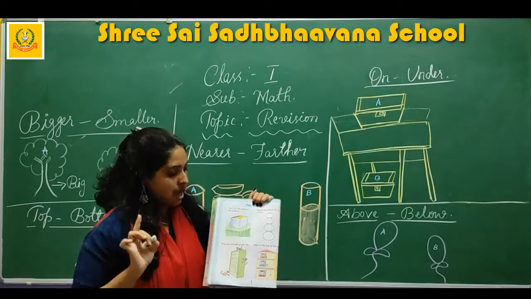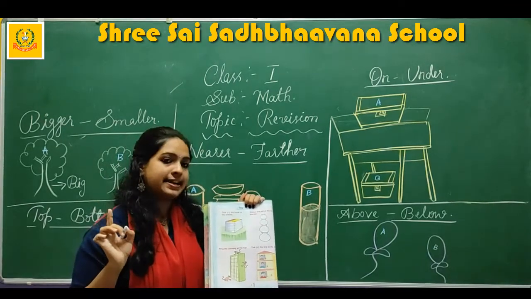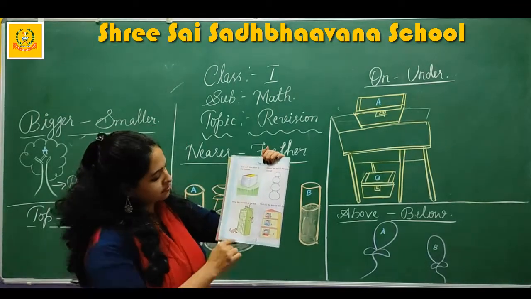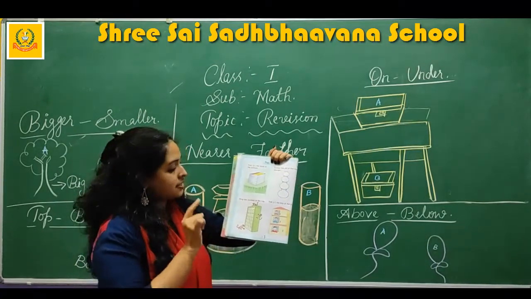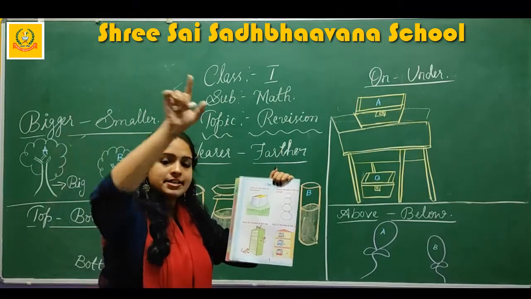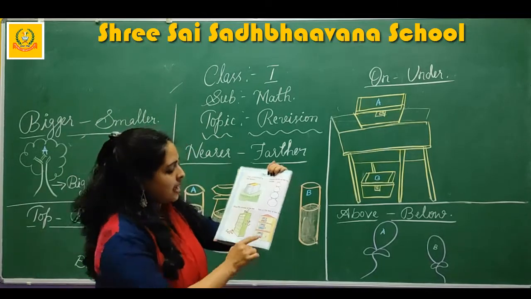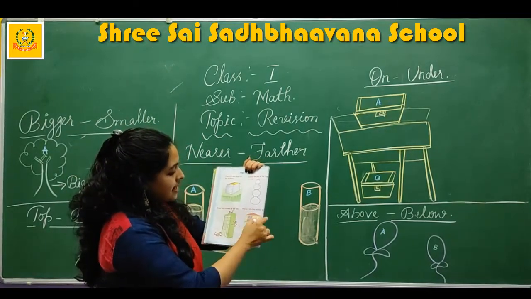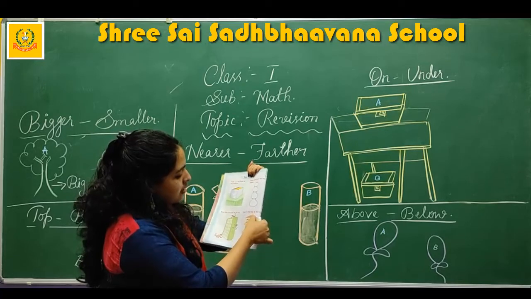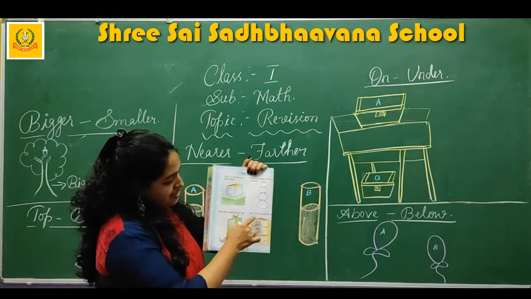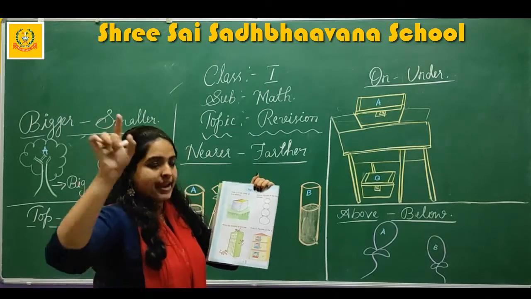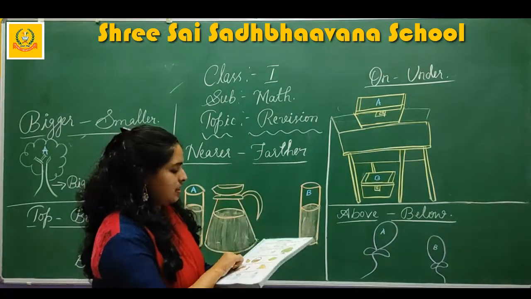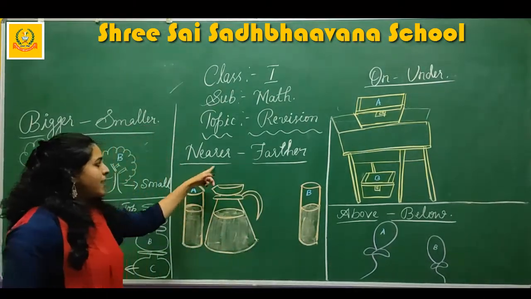Not now. After the class you have to sit and do it, children. Okay. Ring the monkey at the top. Which monkey is on the top? To that you have to put a circle or ring. And next one, tick the boy at the top. Which boy is at the top? To that you have to put a tick mark, right mark. Okay? Yes. Shall we move on to the next topic?